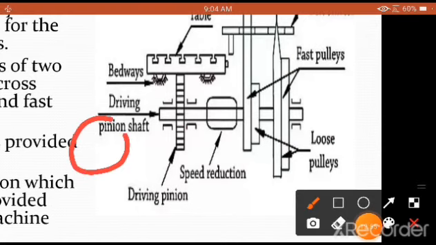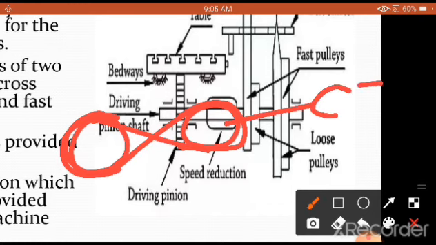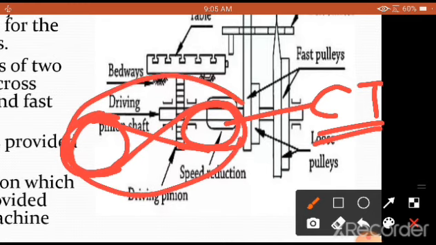This is one pulley, another pulley is there, and this is called a cross belt. As you are going to see very clearly here, see the arc length here, this is called a contact arc. That is why the cross belt drives are always used for carrying out the cutting stroke. That means during the forward stroke, the cutting stroke is going to take place with the help of a cross belt.